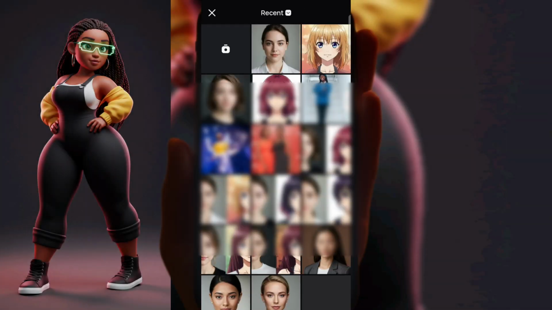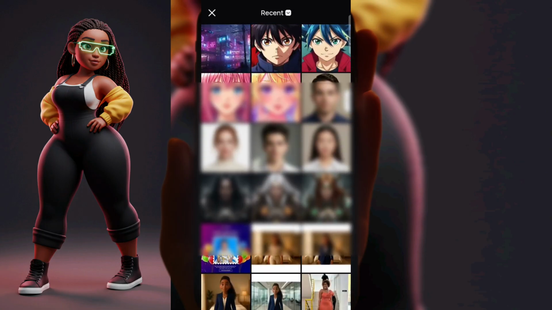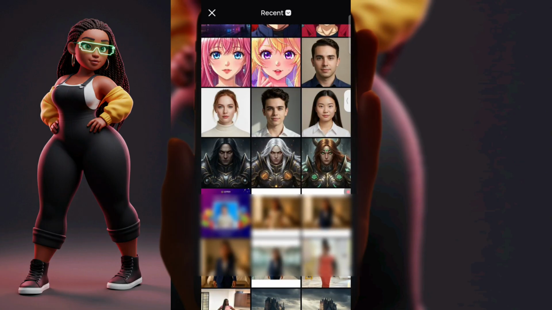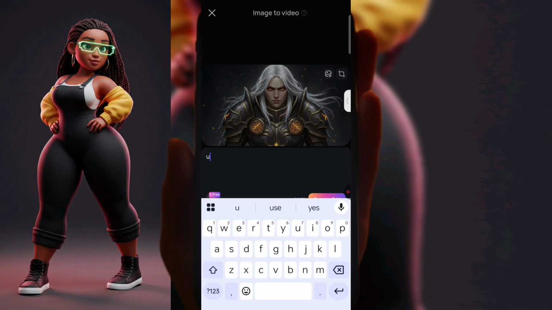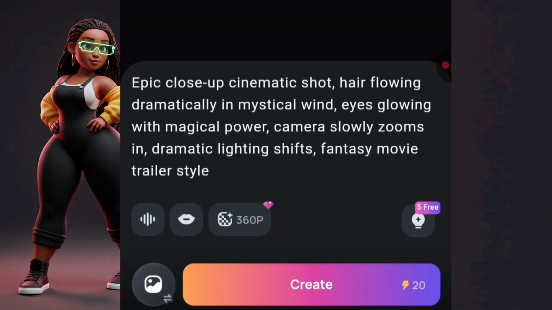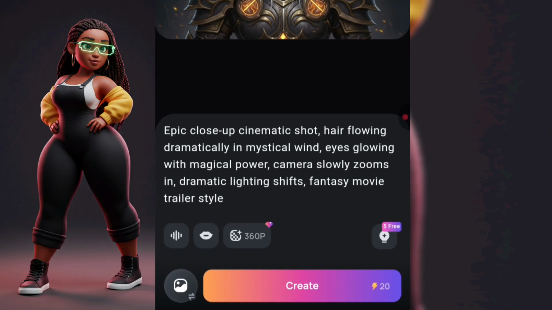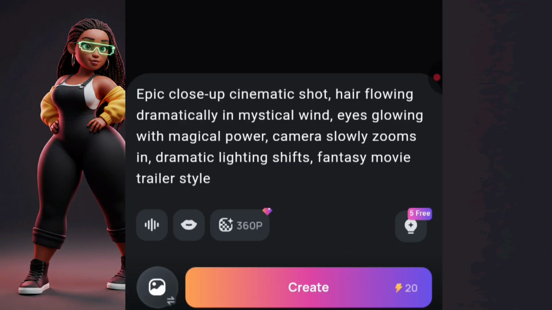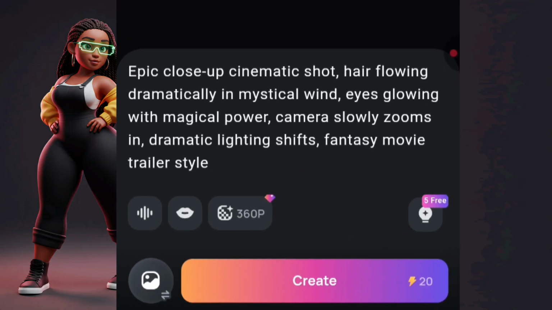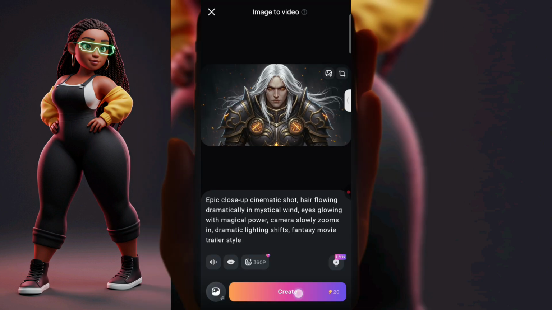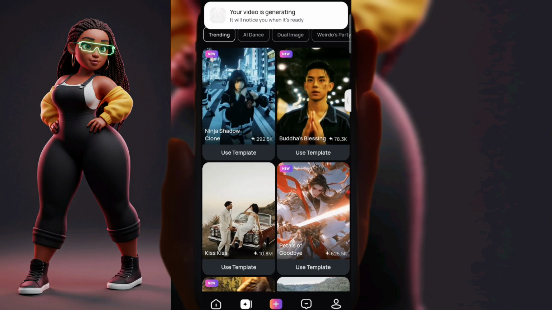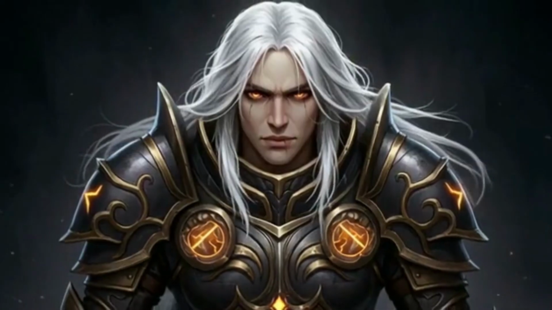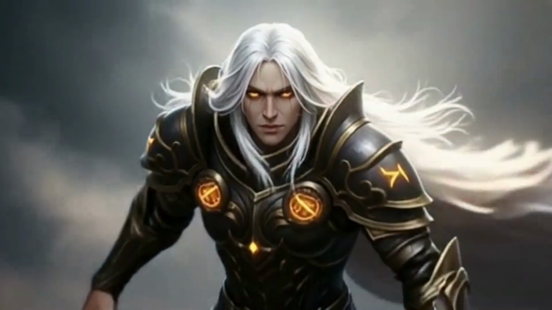Let's bring photos to life with cinematic animation. This is where static images become movie scenes. Tap Image to Video. I'm uploading this AI-generated warrior portrait. Here's the secret to cinematic results. Be specific with your animation prompt. I'll type epic close-up cinematic shot, hair flowing dramatically in mystical wind, eyes glowing with magical power, camera slowly zooms in, dramatic lighting shifts, fantasy movie trailer style. And there it is. We just turned a static image into a cinematic masterpiece that could be in a blockbuster